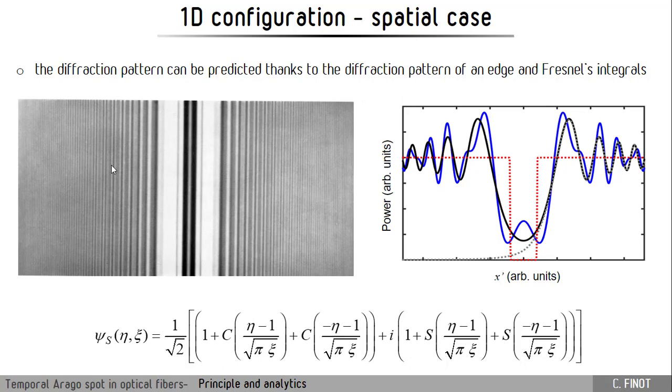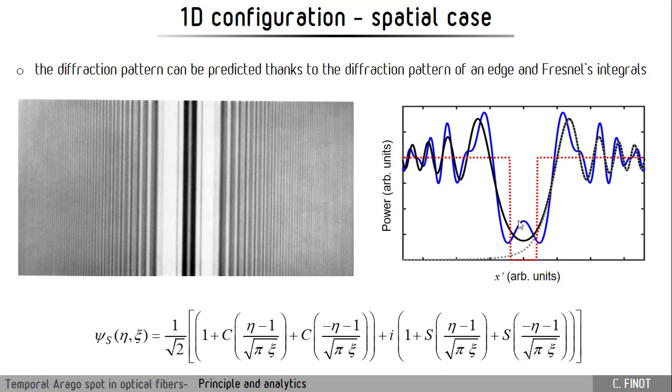Here we have, in fact, two straight edges. So we have to add the diffraction patterns of the two edges, but we should not add them incoherently. So we should not just add the intensity profiles. It will not reproduce the bump that we have at the center. We have to add the fields. So the two contributions will interfere, and it is this interference that will lead to the bump that we observe at the center. So this is really an interference process between the diffraction patterns generated by the two